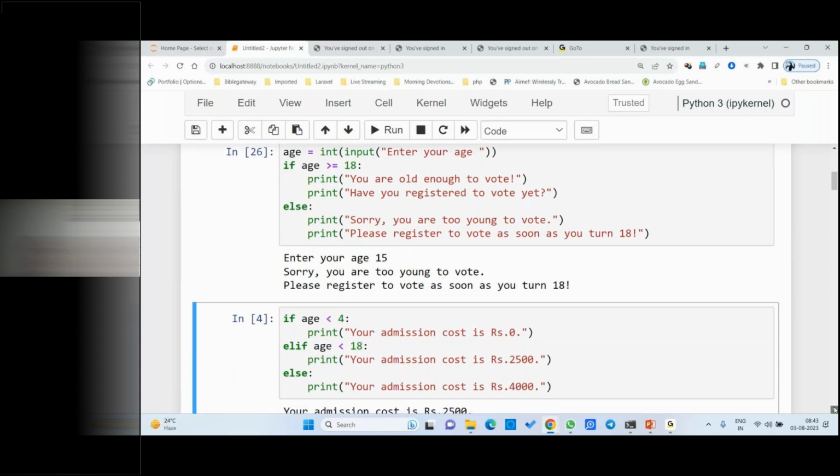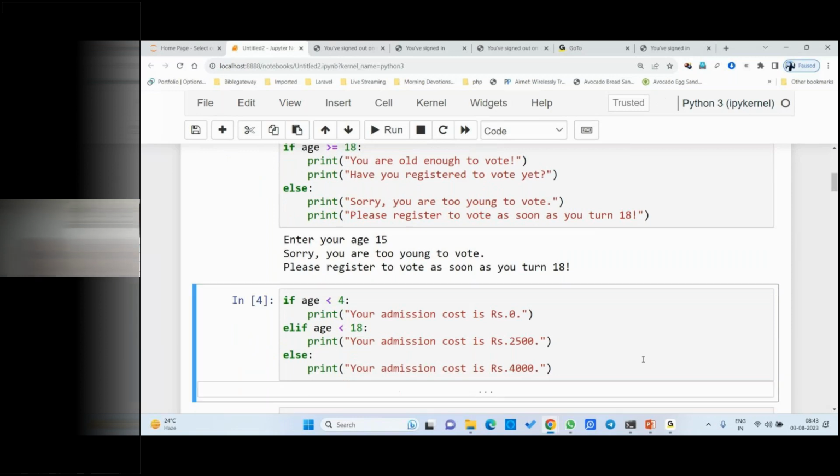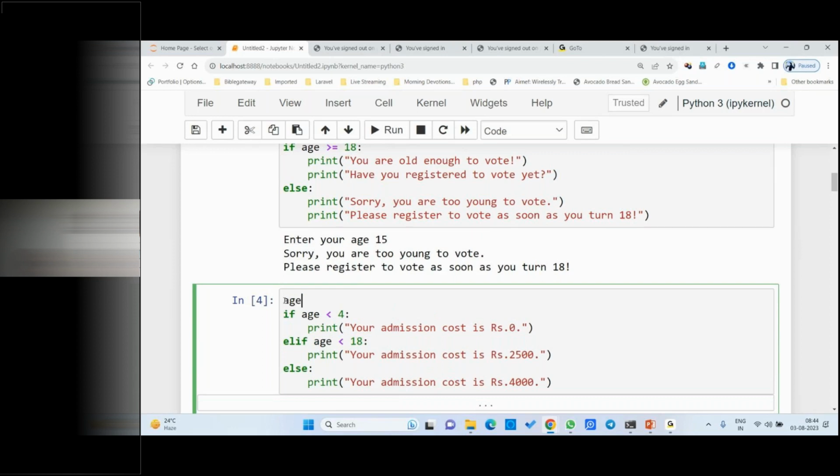And elif, one more example here. If a is less than 4, your admission cost is 0. Elif means else if a is less than 18, your admission cost is 2,500 rupees. Else it prints this value. Okay. So what is the output of this statement? So what do we give? We have not given anything, right? So we can assign this age is equal to